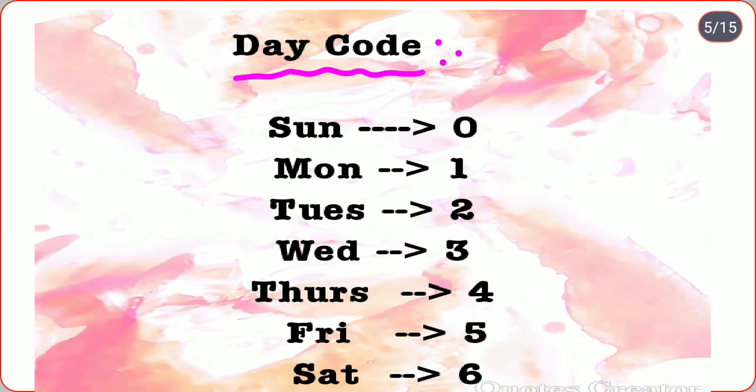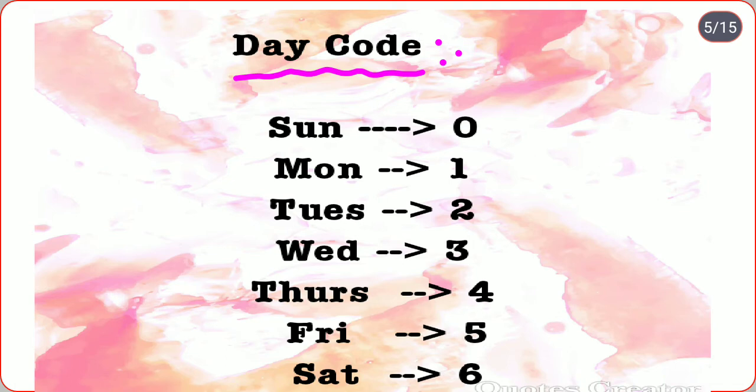First of all, the main point: in a calendar problem, it is a compulsory 2 marks examination point. If we get 2 marks, please remember the day code, remember the month code, and remember the ordinary year and century code. Compulsory, very very important. For calendar problem shortcut tricks and tips, day code, month code, and yearly century code are very important. Compulsory, by heart.